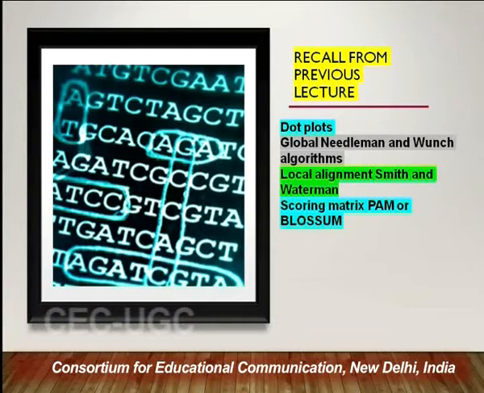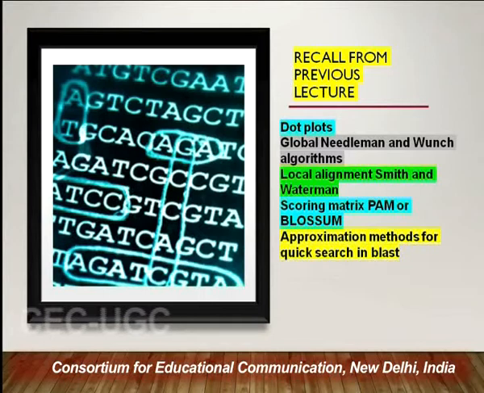We talked about different scoring matrices like PAM and BLOSUM, and we will be using those for multiple sequence alignment in today's lecture. We also talked about approximation methods and how they have allowed us to search alignments quickly. And then we talked about how alignments are very useful in similarity searches, and they also help us in the phylogeny